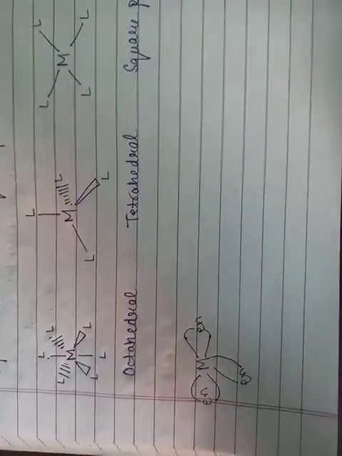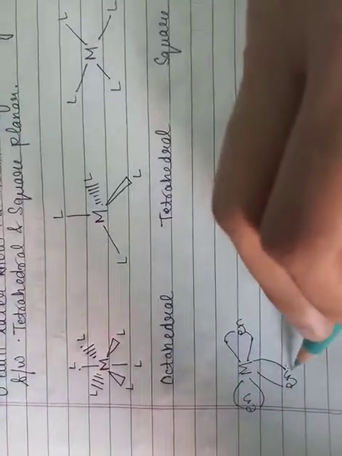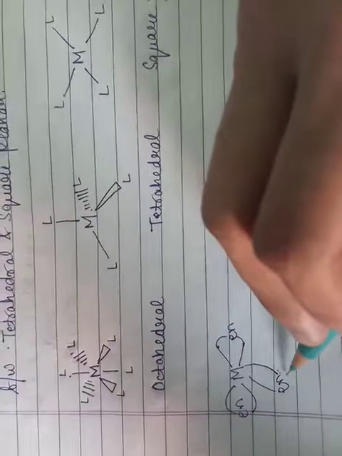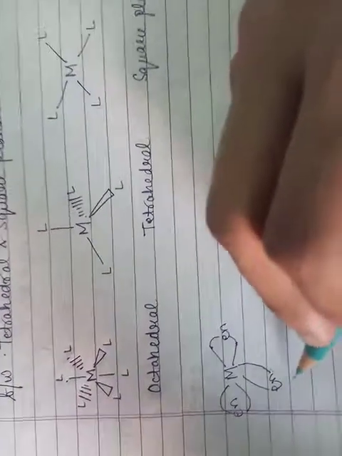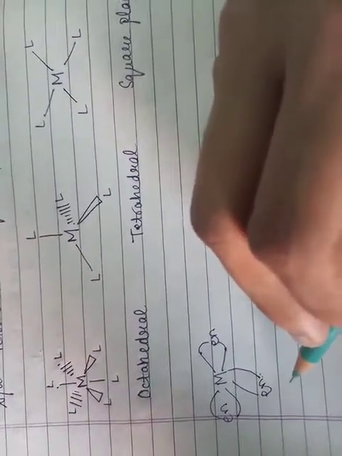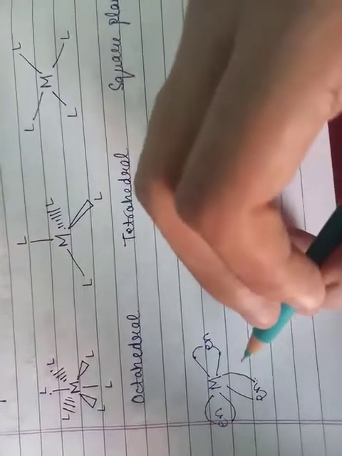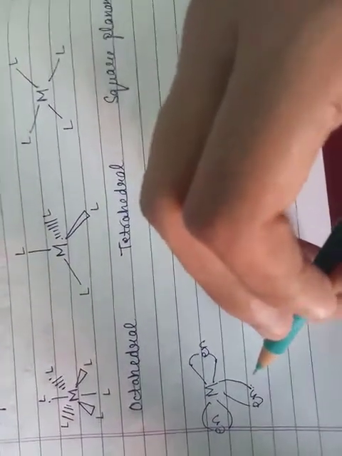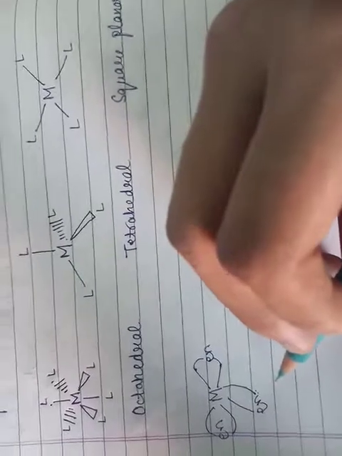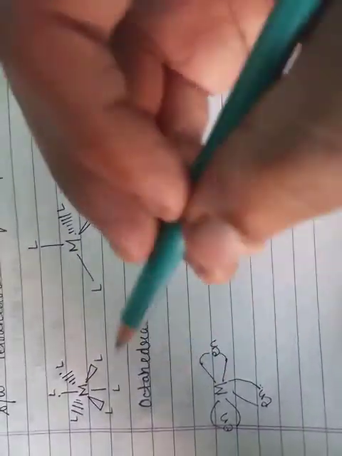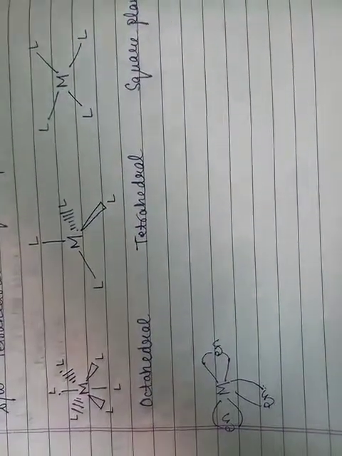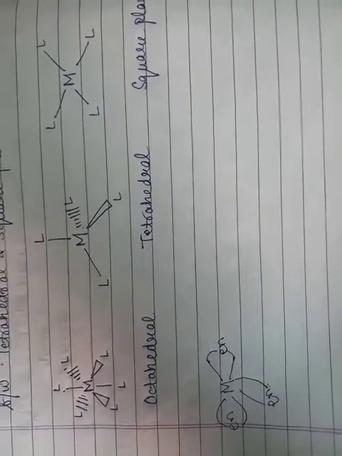Even this structure has a coordination number of 6. You will ask how, right? Why I'm asking you to deal in terms of the number of bonds is because coordination number does not specify the number of ligands attached to the central metal atom. It specifies the number of bonds formed with the central metal atom. So there might be a different number of ligands, but the coordination number might be different from the number of